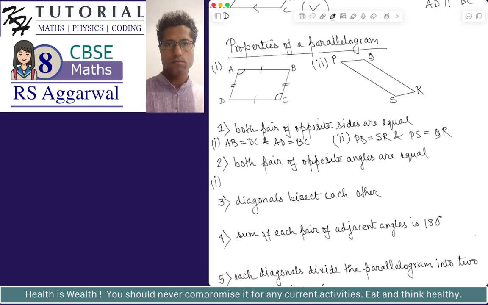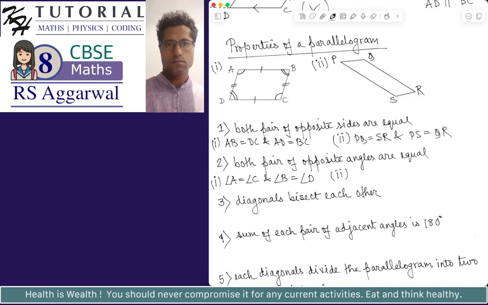And the other pair of opposite angles are B and D. So they must be equal. So for diagram 1, we have angle A is equal to angle C and angle B is equal to angle D. The same thing for figure 2 will be